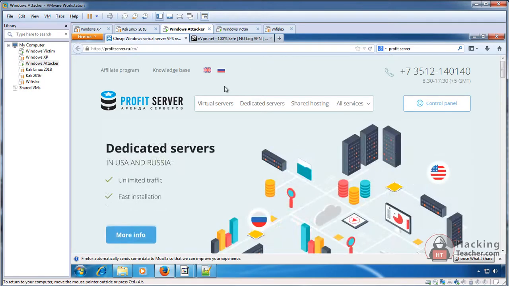But from the hacking perspective, I would say buy a Russian VPS, because Russia's cyber law is a little bit different and they do not spy on you and they do not give your information to any country like the US, Germany or European countries. They never give out your information. So Russian VPS or Russian hosting is better for hacking because you have less chance that they will give your information to the US, the FBI or somewhere else.